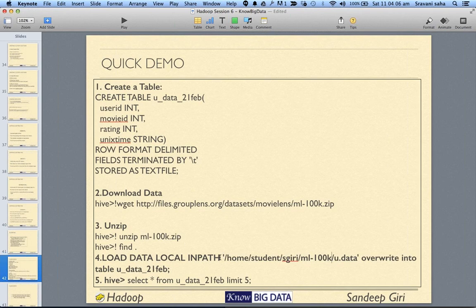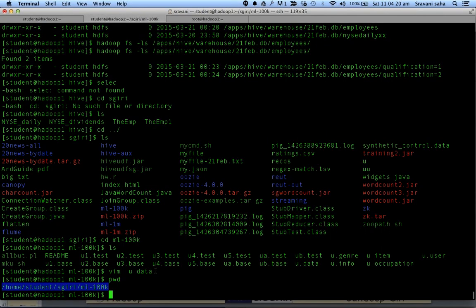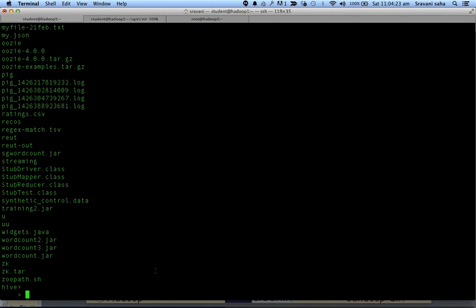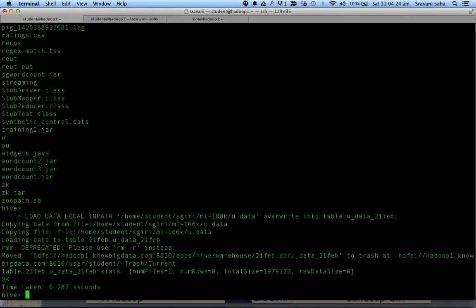Okay, now we created a table, downloaded the zip file, unzipped it, and now we are trying to load. We say load data local in this particular path, overwrite into our table, right? And we go to our Hive, and all right, now you can see